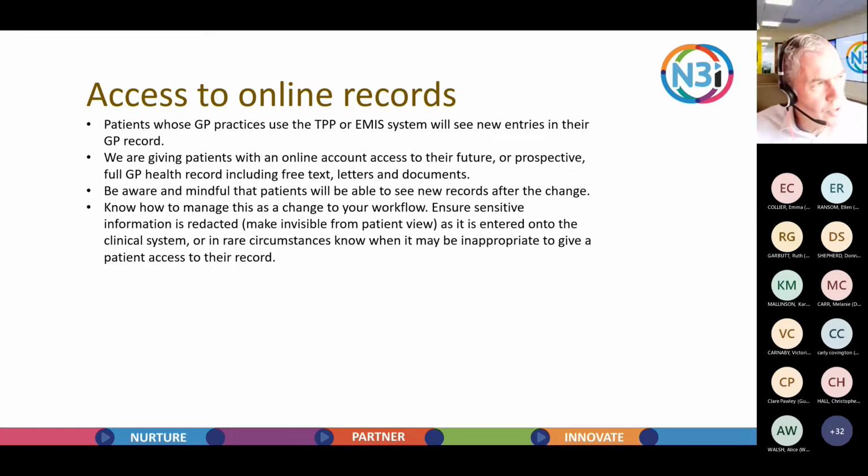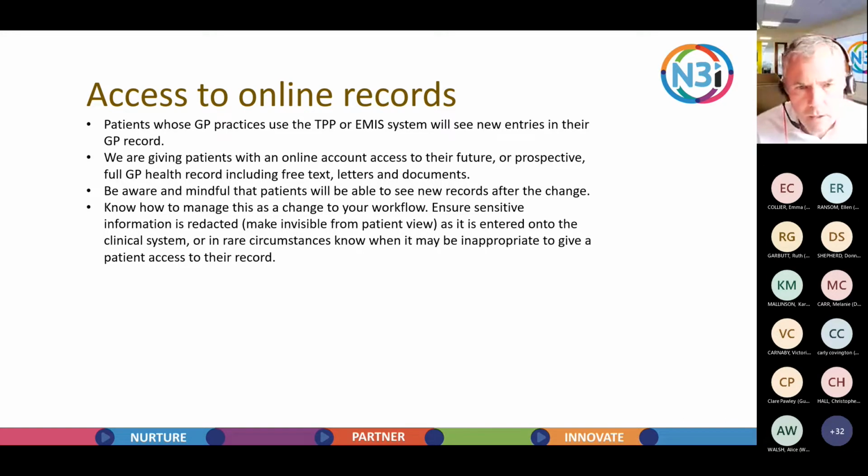Now, when it talks in here, the one thing I haven't quite been able to get an answer to when I've asked the question is how soon does this stuff become available? If I go for an appointment in the morning with my GP, and I discuss a number of things and come away from that, how soon does that actually appear? Would I literally be able to walk out of the practice, call up the appointment and see what we put? So as the GP enters it into the system, or is it an overnight update and so on? I haven't got an answer to that, but it's going to be there or thereabouts. It's going to be fairly soon. It's not going to take a long time.